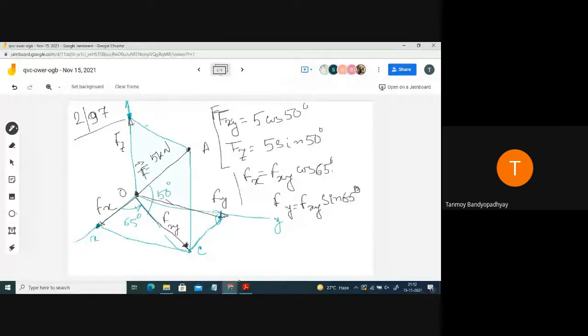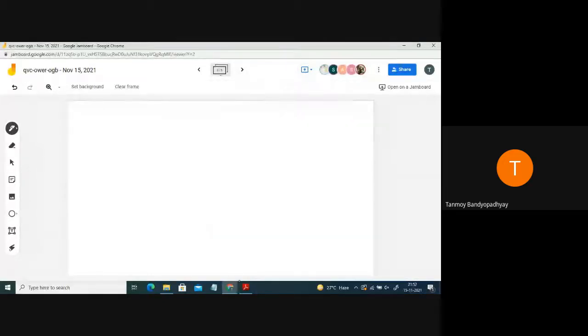ঠিক আছে, ক্লিয়ার? সো এই পার্টটা হয়ে গেল। So this part is done. আই হোপ এই পার্টটাতে আর কোনো প্রবলেম নেই। নেক্সট পার্ট, in the next part what you are given is, আমি একটু আলাদা করে লিখে দিচ্ছি, just let me take some time. তাহলে একটার উপরে সব ওভারল্যাপ করে দিলে কিছু ক্লিয়ার হবে না। সো কি কি দেওয়া আছে দেখো, এইটা দেওয়া আছে X, এইটা দেওয়া আছে Y, এইখানে তোমার Z. So here there is a different frame OB. So this angle is given to be 30 degree, and we are supposed to find out the projection of this force vector F on this line OB.